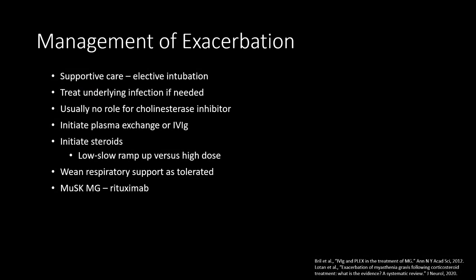If patients are not already on steroids, if this is their first presentation, then steroids should be initiated once appropriate treatment with plasma exchange or IVIG has begun. There's also a little bit of debate between whether you should start very low and slow and ramp up the dose or start with a high dose. There's a dogma out there that high-dose steroids can cause myasthenic crises, and it is definitely shown that it can worsen weakness. However, some of the patients that have been described with this probably actually had myosin loss myopathy, and when they looked at this in a systematic way,